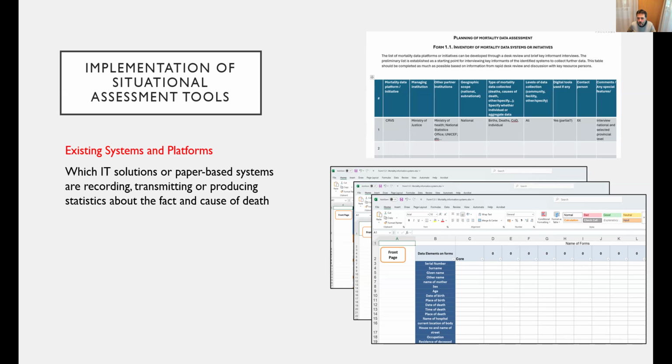So you probably want to see, okay, for the SRS implementation, what are the data elements that are interesting for me to capture the flow, and then go back to the forms and to the different subsystems to see where this information is being collected and how it can get to the SRS implementation at some point. But you can adapt this. These tools are all for you to adapt, to change, to modify, and we would be happy to support with that as well. But please feel free to change them. They are for you.